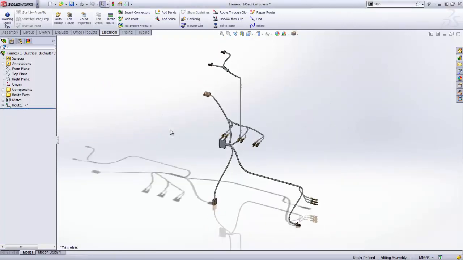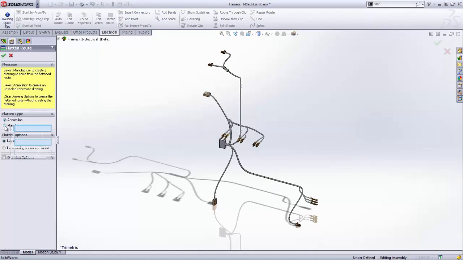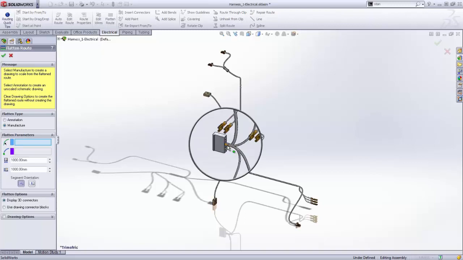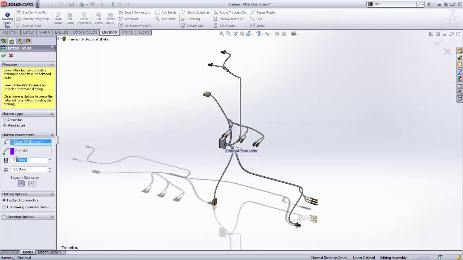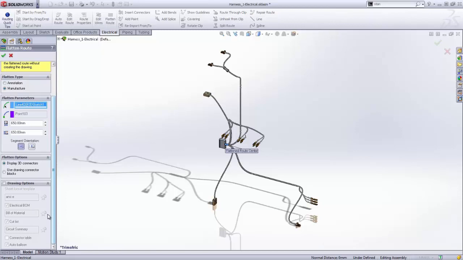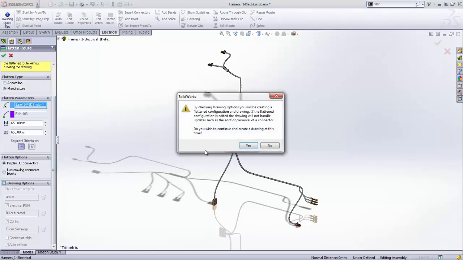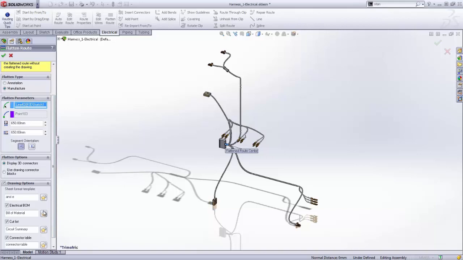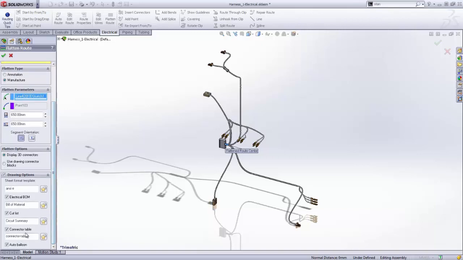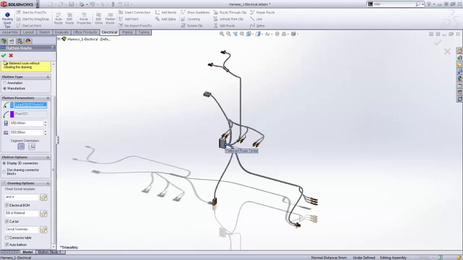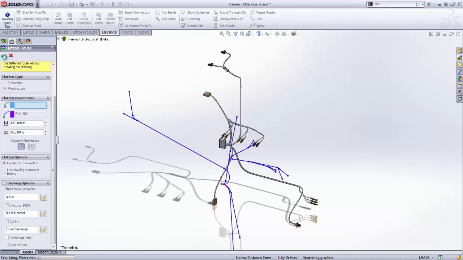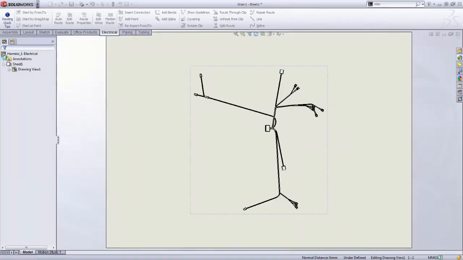On the other hand, you can use the manufacture method to create life-size drawings that can be used for nailboard layouts. All you need to do is select the center and the type of layout, vertical or horizontal. You can choose to create a drawing directly from the Flatten Route and pick which items should be included. SOLIDWORKS will then automatically create the flat pattern drawing of the electrical harness